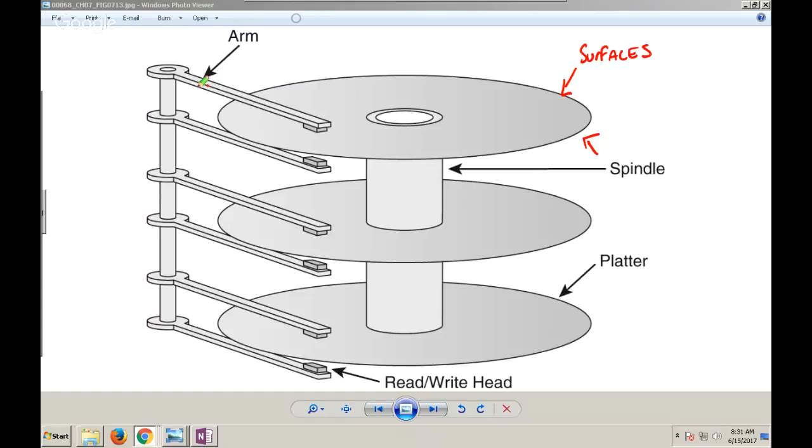Now, let's define what a cylinder is, because that's a new term we haven't used yet. In the drive itself, we have the track on the surface, those concentric circles. If we were to take that track on the top and the same location on the bottom, as well as all the other ones, so that same track, i.e. the same distance from center, on all of our platters, that's where the read-write heads are. I can read on all of those tracks at once because the heads are there, because that arm's moving. I can read from that same cylinder, and that's what we call a cylinder: if we were to link all of those tracks together, that's the shape we would end up with. If I were to try to draw that, that's what we'd end up with.